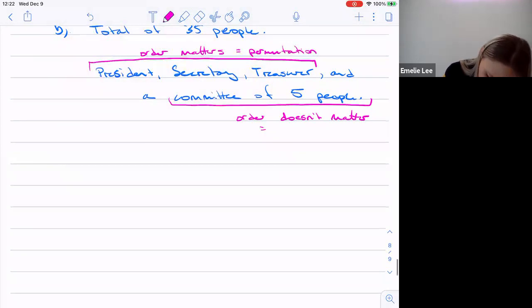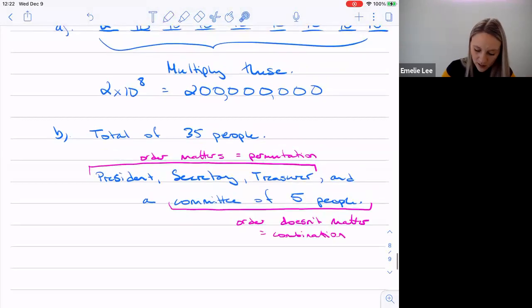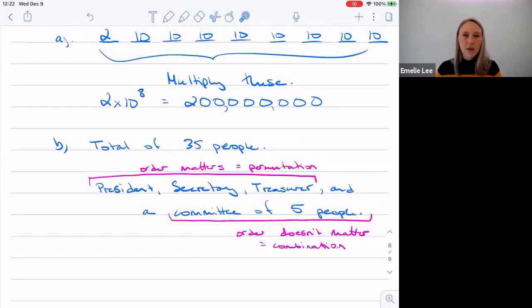And if the order doesn't matter, that's a combination. And then I know it's hard when you're first, or when it's been a while, or when you're not really used to working on these problems, to pick the and, right? Because